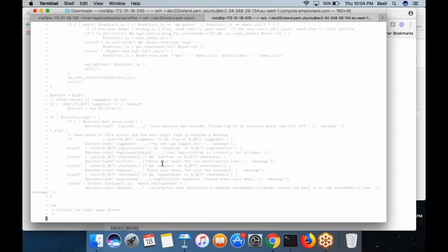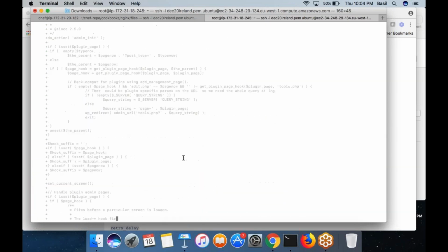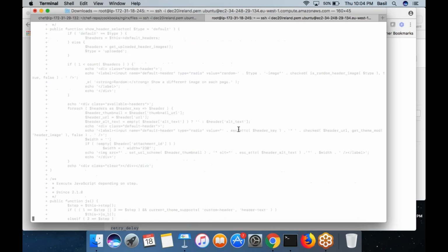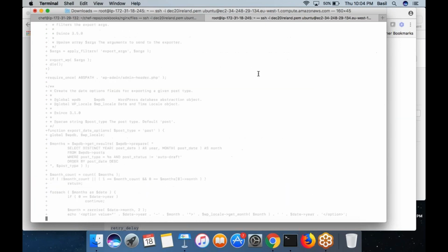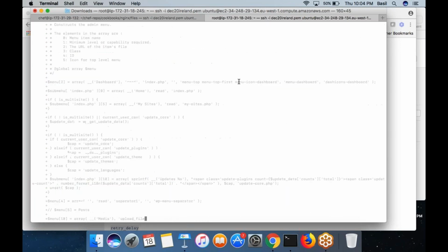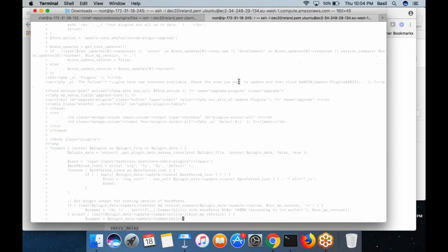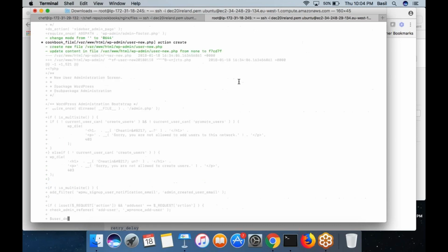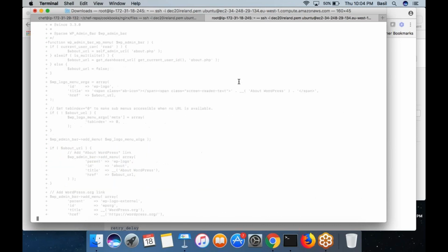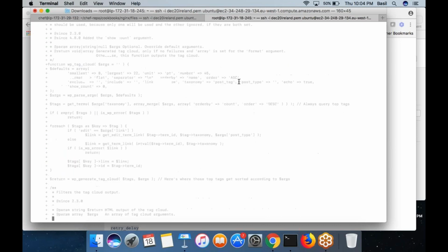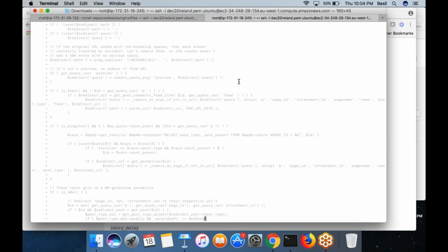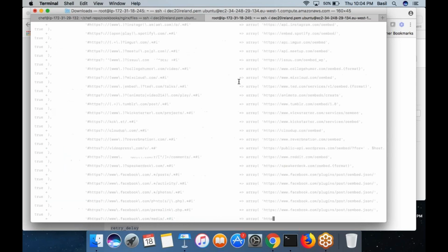Yeah, it is copying all the WordPress files into www.html folder. It will take some time, right? The entire folder is being copied. It can take some time.